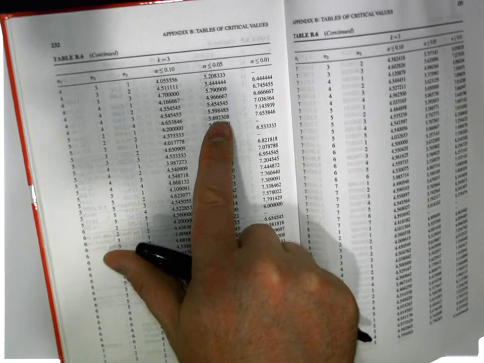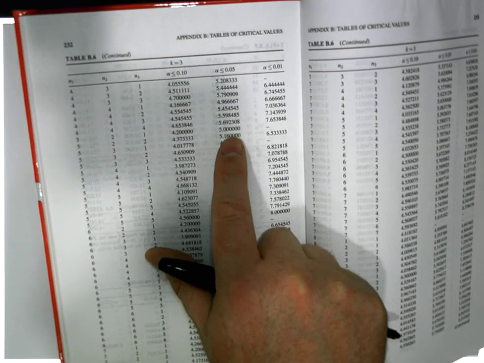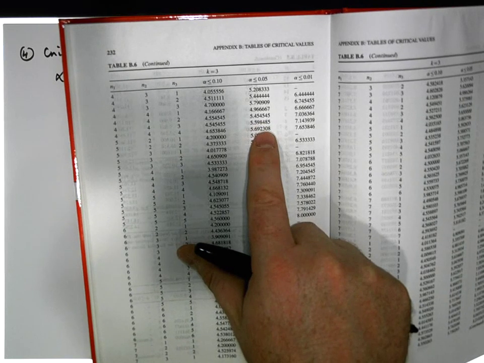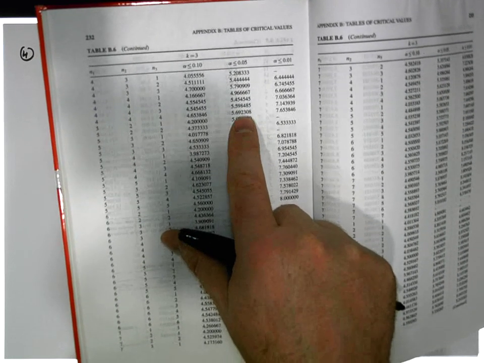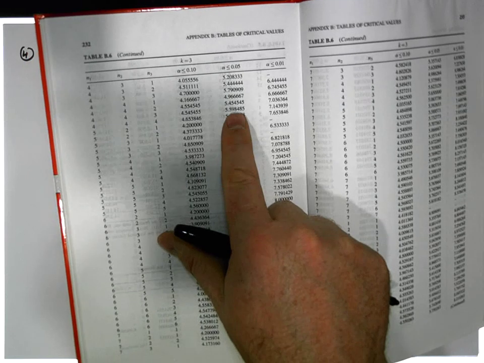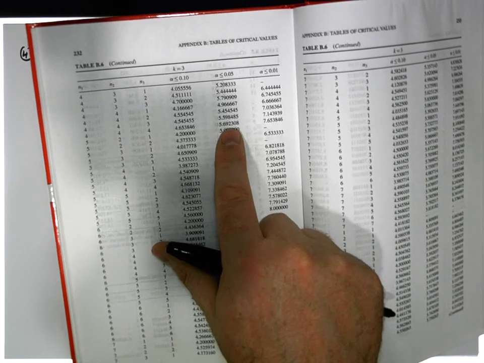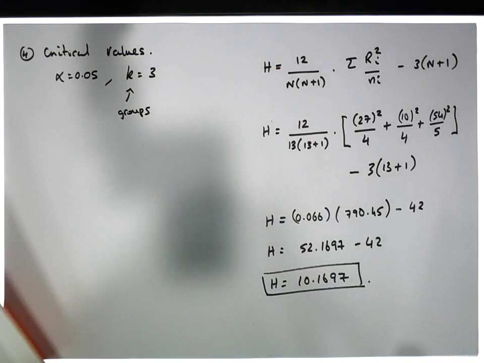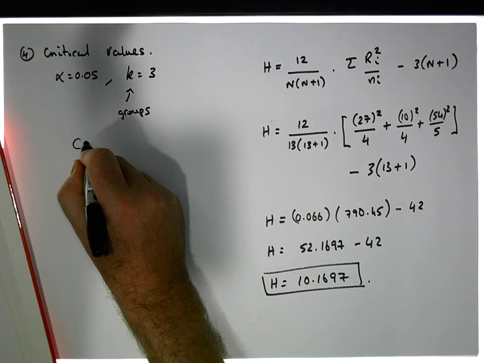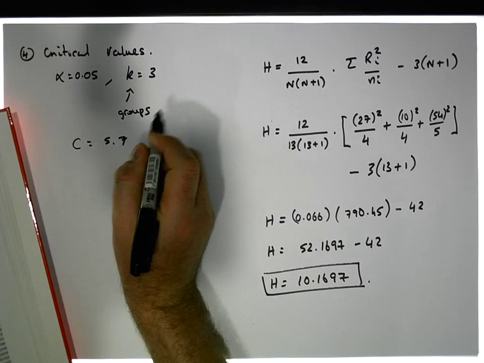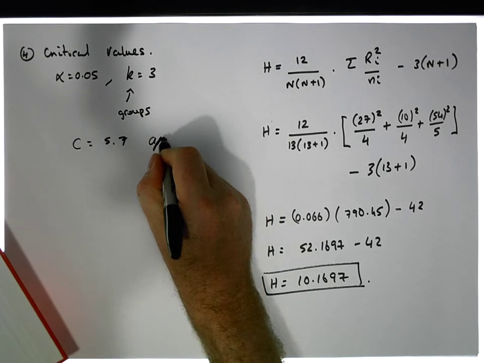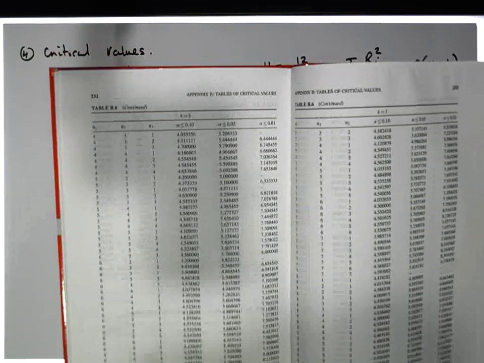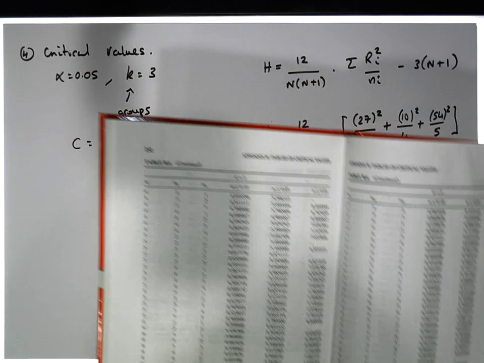But look, you can see under the alpha equal to 0.05, there's not really much of a difference between when the third sample is a 4 and a 3. Very small difference. It's 0.1 of a difference. And between a 3 and a 2 it's 0.1 as well. So I'm going to assume it's a 0.1. So this is probably 5.7, 5.75, 5.76. So our critical value is equal to 5.7 approximately. Okay, approximately. So I'm introducing a little bit of error here, because I'm missing that particular value on my tables. Should have really looked ahead in this particular instance. But anyway,